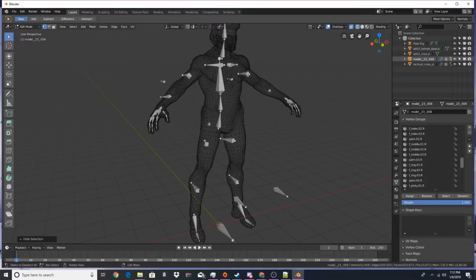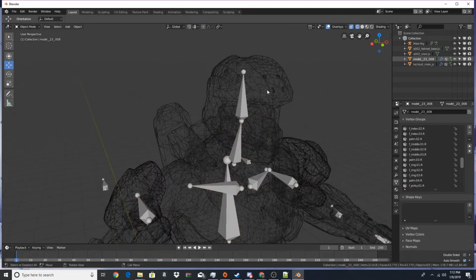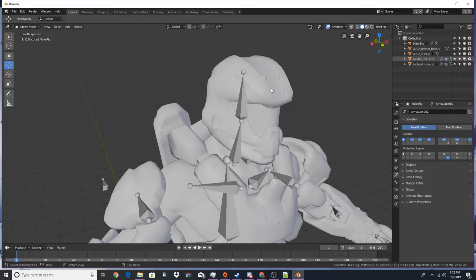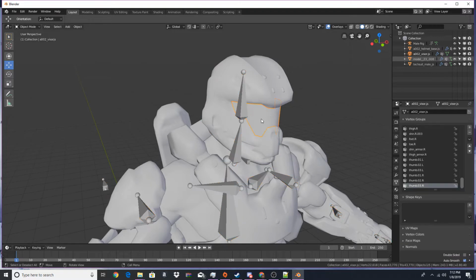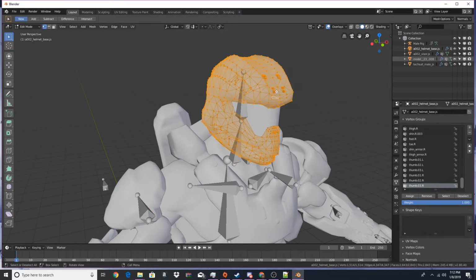So now you can hit Alt H and hit Tab. Go ahead and select your helmet. Well, first off, go into solid view. What you're going to want to do is select your helmet, then select your rig, hit Control P with empty groups. You can do the same thing with the visor, selecting it first, then selecting the rig, and choosing Control P with empty groups. Next, hit Tab, hit A twice,